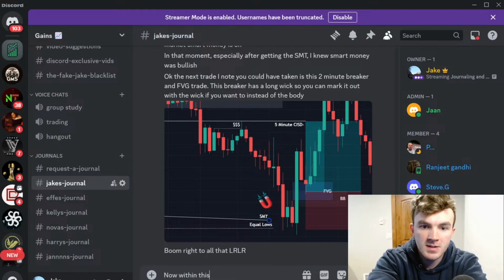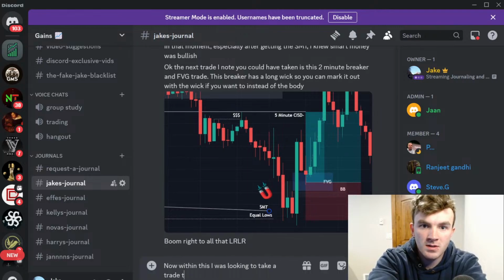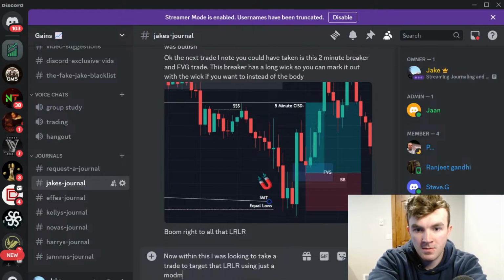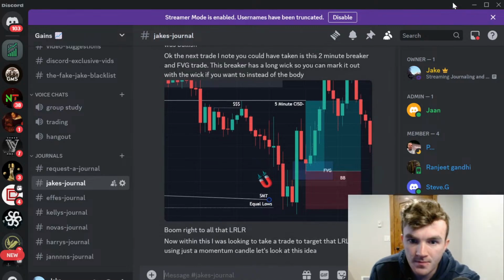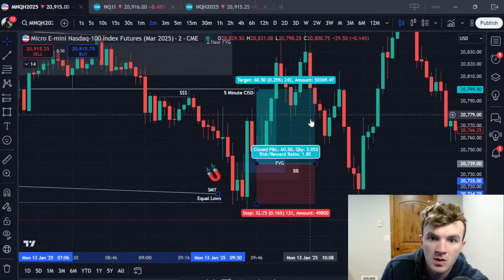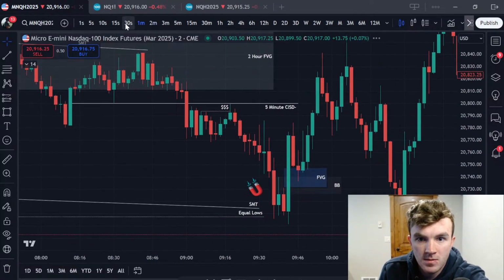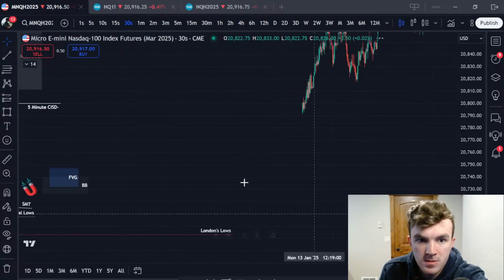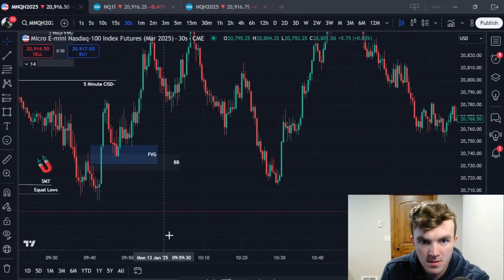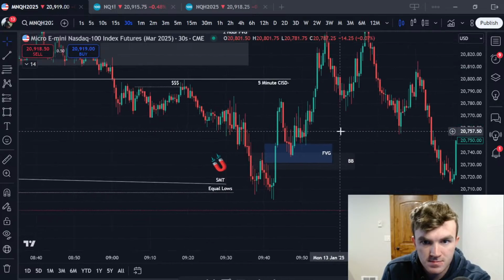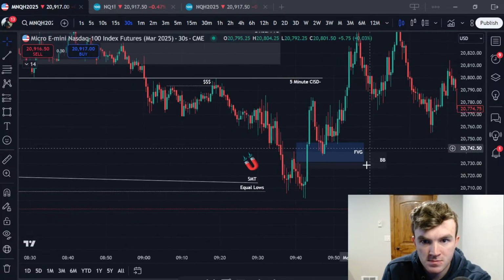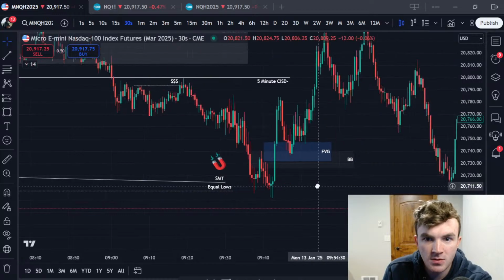Now within this, I was looking to take a trade to target that LRR using just a momentum candle. Let's look at this idea. So boom, boom. Yeah, so once we get this candle where